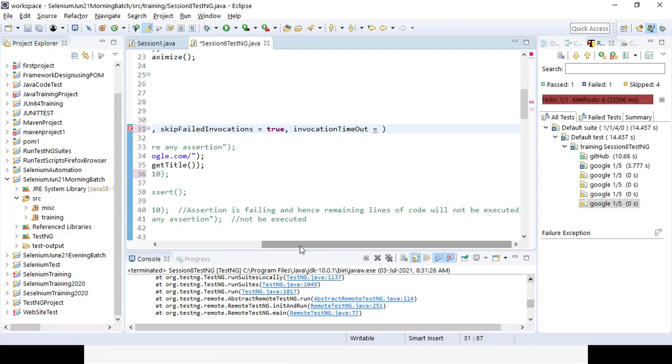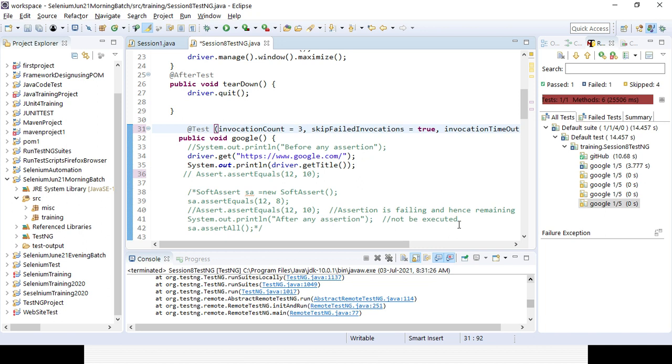So it will try to execute in 30 seconds, right? Milliseconds, so I can give it in milliseconds. Suppose 60 seconds, so 60,000 milliseconds. So in case my 3 iterations complete in 60 seconds, it will be fine.